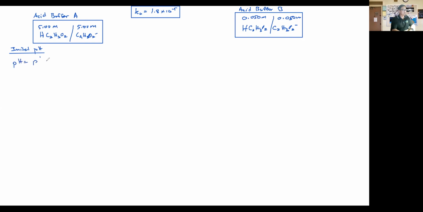So the pH is going to be equal to pKa plus the log of base over acid. So it's going to be the acetate, C2H3O2 minus, over HC2H3O2. In Henderson-Hasselbalch, it's base over acid. Okay, I'll let you take the negative log of this one, but I'm just going to plug it in for you. The negative log of the Ka, 1.8 times 10 to the minus 5, to get the pKa, is going to be